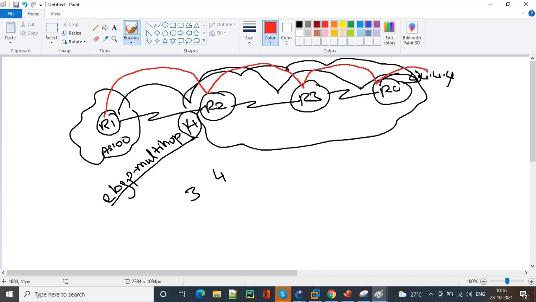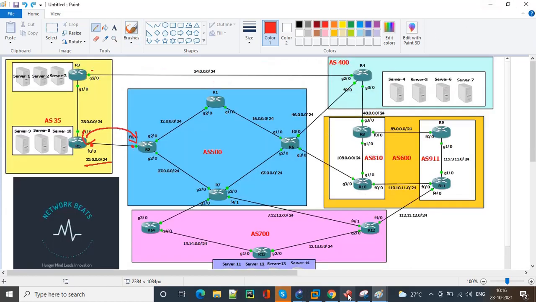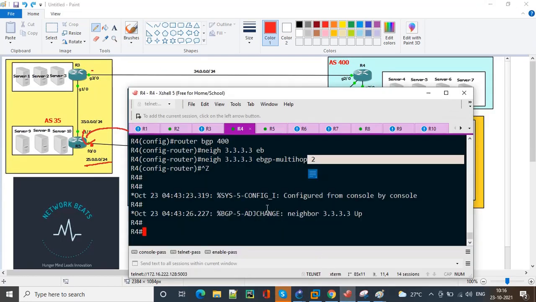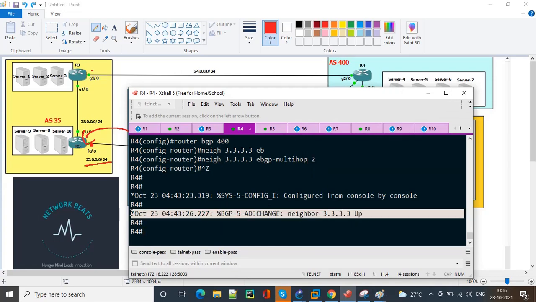That means it is going to take 4 hops to reach 4.4.4.4 from R1. So this is why it will not work when you give 3, and it will work when you give 4 or more. This is the logic behind eBGP multi-hop. You can use the eBGP multi-hop config to bring our eBGP connection up. Let us verify with show ip bgp summary now.